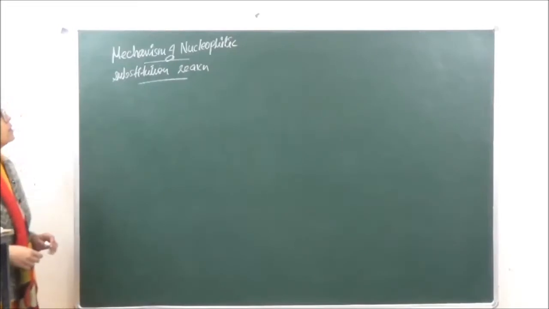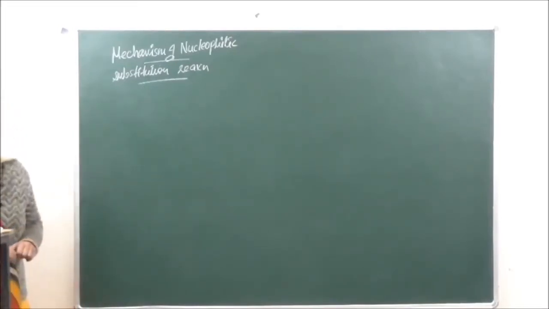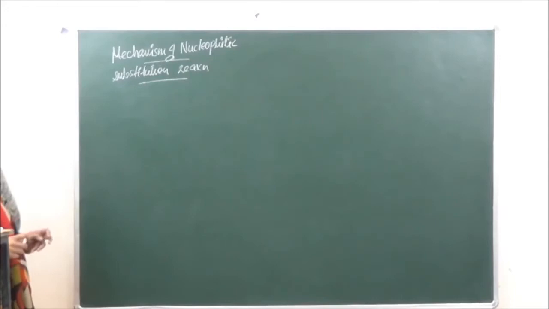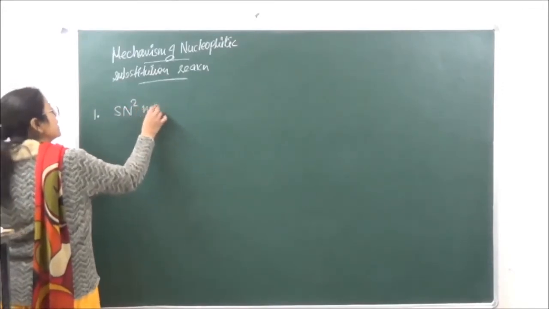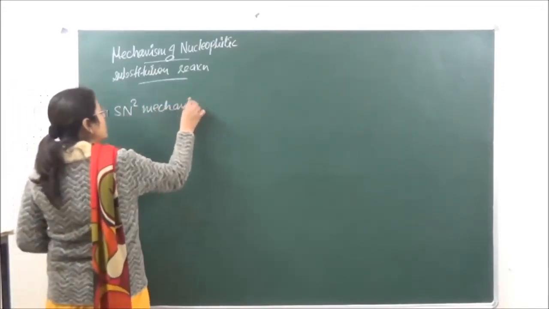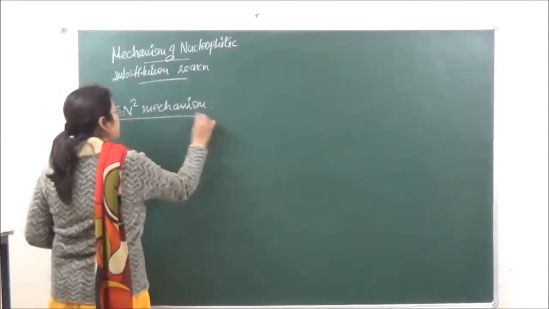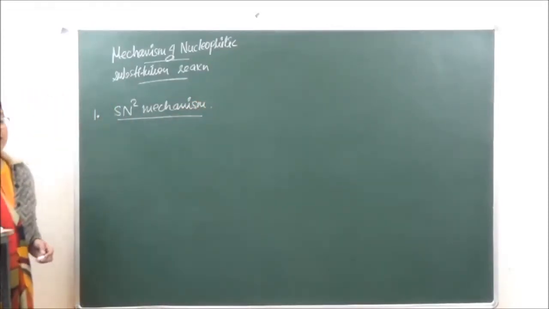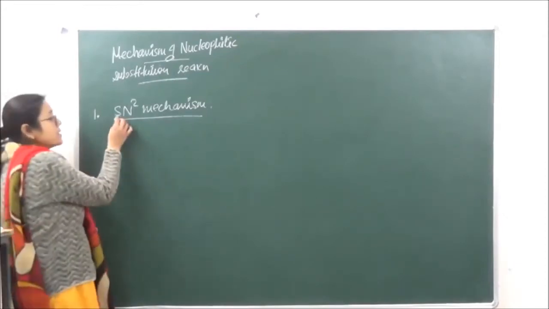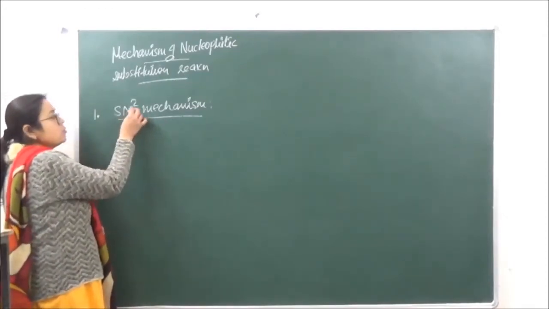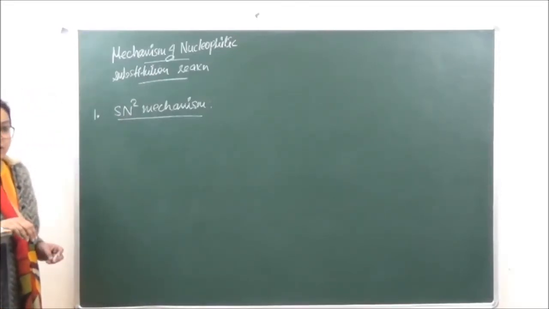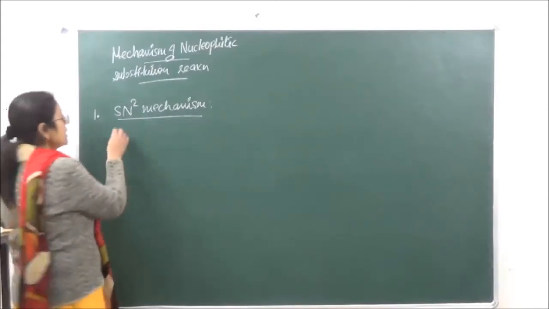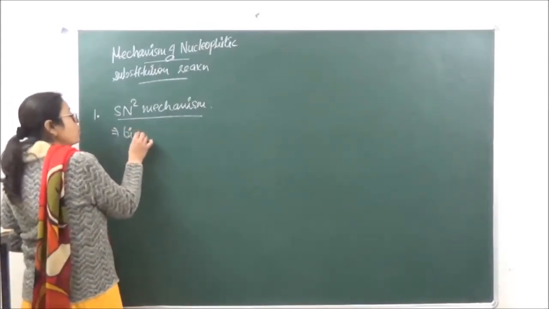Now when we are doing mechanism of nucleophilic substitution reactions, the nucleophilic substitution reactions may follow two different paths. ठीक है? The first one which we are going to discuss, that is known as SN2 mechanism. Okay? Now what do you understand by SN2? S over here signifies substitution, N is nucleophilic, and 2 over here, this is going to signify bimolecular reaction.